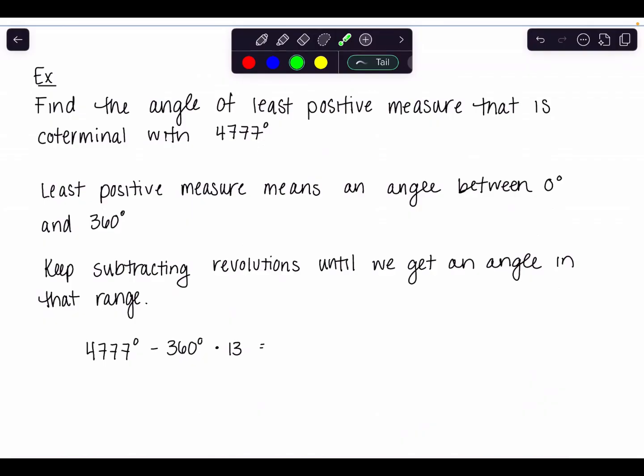So in this case, when you do it 13 times, you can sit there, 360 times 10 would be 3,600. That still gives you like 1,100 degrees. So that's not quite right. Then you can try 11, 12. 12 still doesn't get you there. 13 finally will. So if you do 360 times 13, it would give you 4,680. And then finally subtracting these two gives you 97 degrees. And that is an angle between 0 and 360. So 4,777 degrees